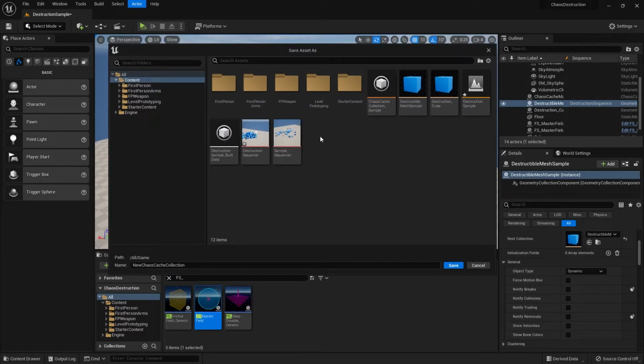So I'm going to do this: actor, chaos, create cache manager, and then it'll prompt up a save asset window. Same thing, I'm just going to save it in this content folder over here. I'll call this destruction sample cache.